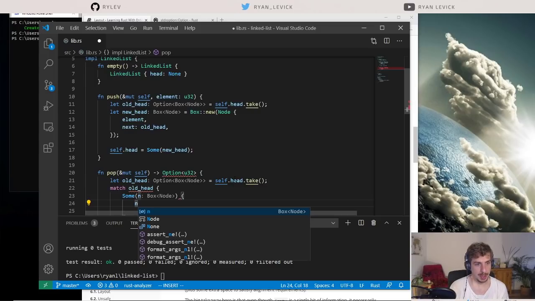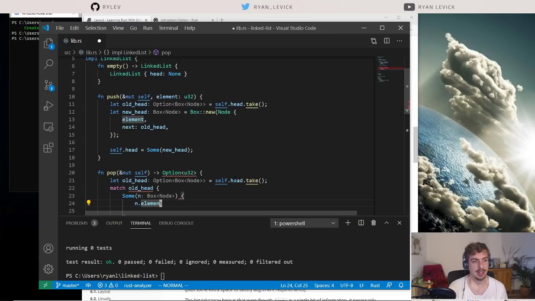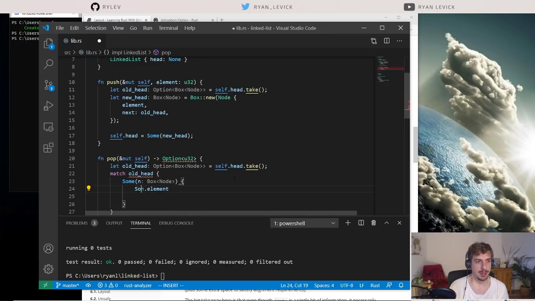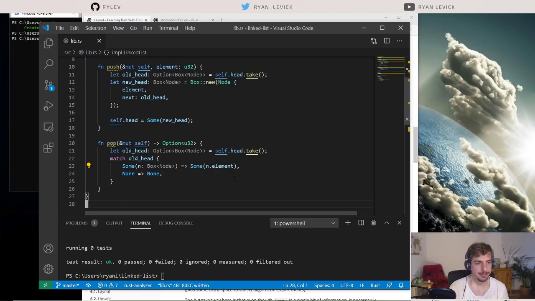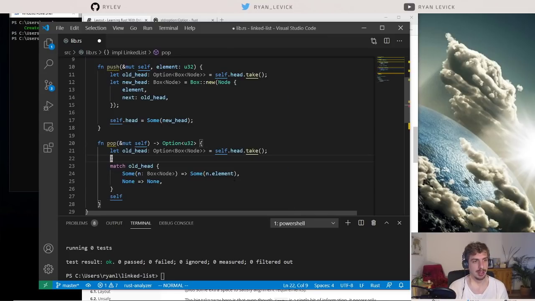And the node, we can go ahead and get the element from it and return the element like this. And if it's none, we'll return none here. Oops, and I gotta put the... and this is almost what we want, right? But now we've essentially made the entire list empty, which we don't want to do. And really what we want to do is